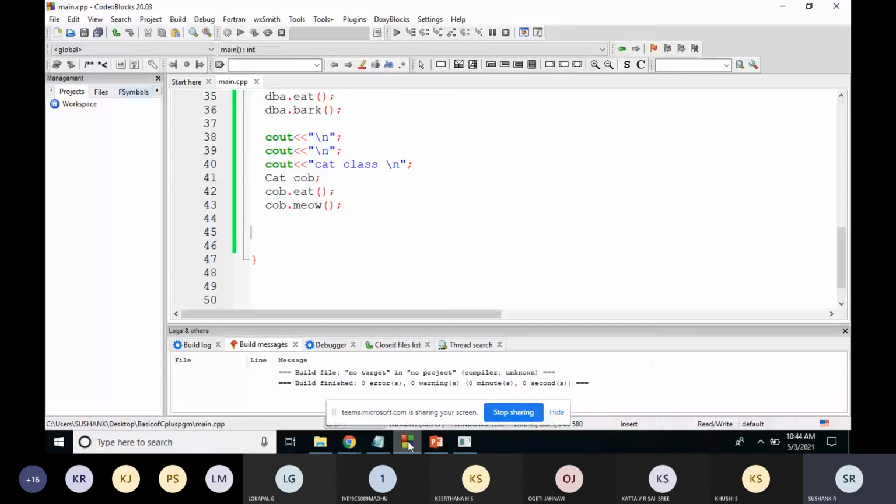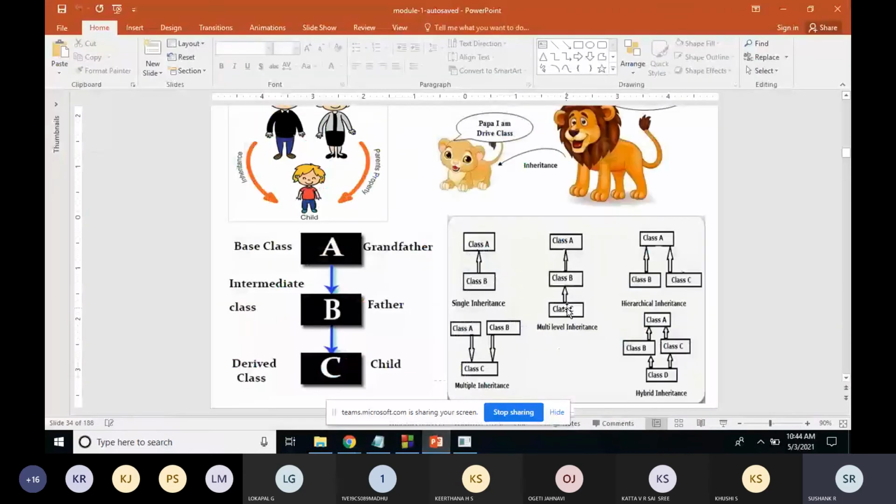So here multiple base classes are there and one child class is there. The child class is getting the features from more than one base class. It's the reverse of hierarchical inheritance. There, one base class was there and multiple classes were getting the features from that base class. Now here multiple base classes are there and all these base classes are referred by a single child class.